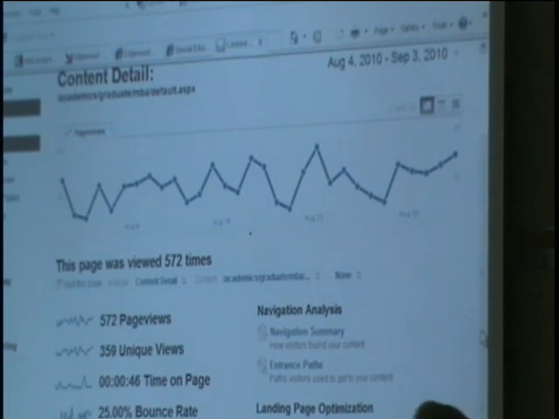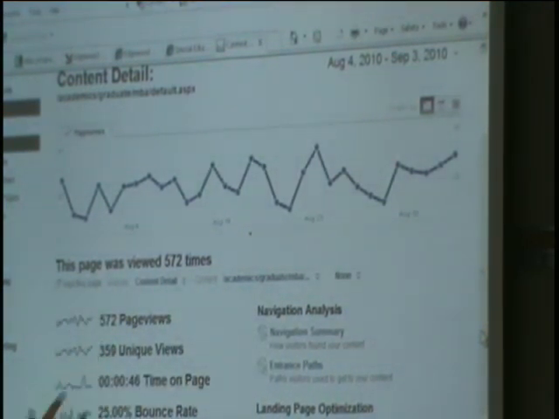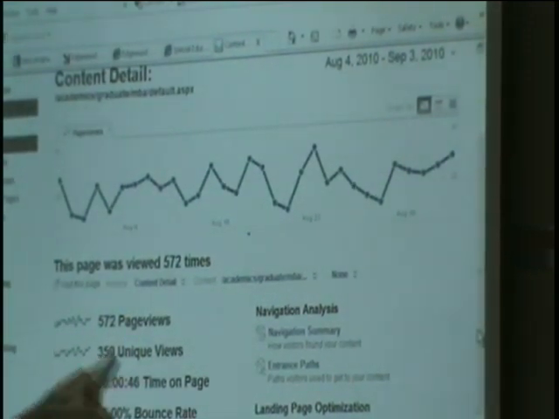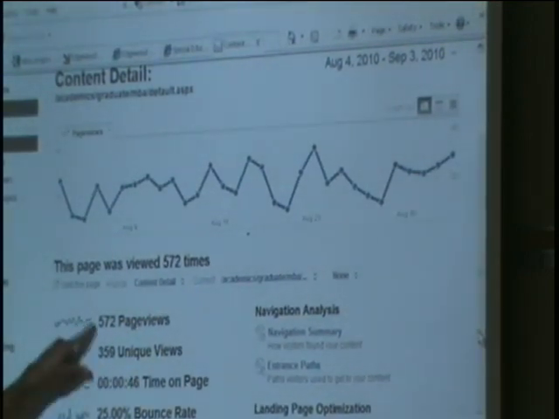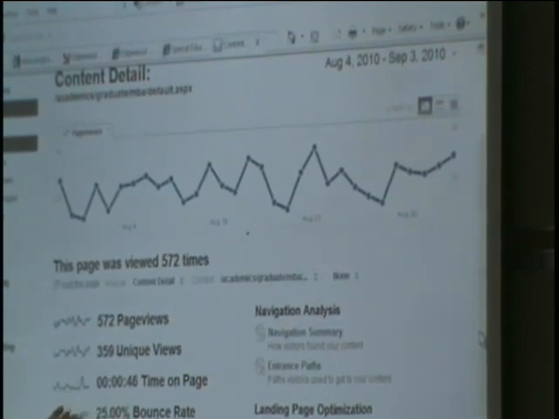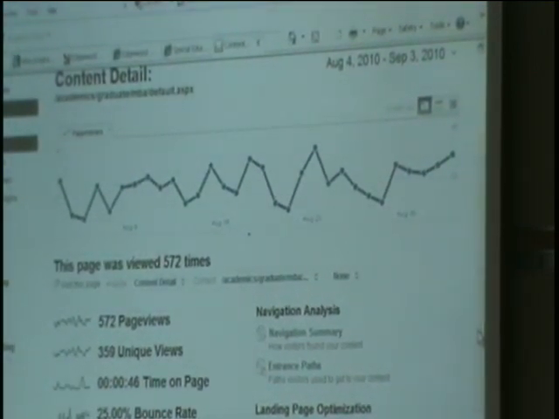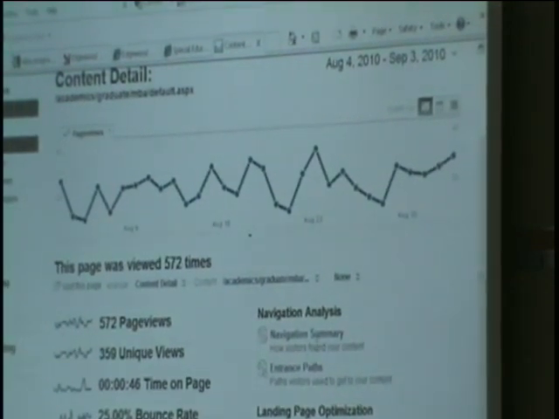This is a content report that tells me, for that MBA page I was just looking at, how many people visited that page in this time period, August 4th to September 3rd. It gives me the views, the bounce rate, and the exit rate that I'm trying to pay attention to. Where did people go, how did they get there? I can look at the navigation summary to find out